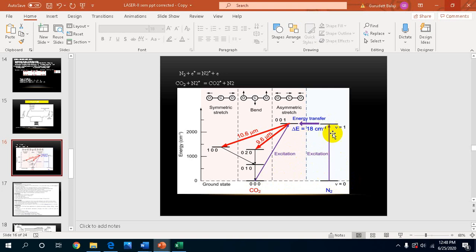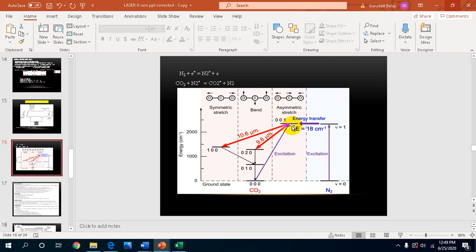This energy level, which is the metastable state for the nitrogen, corresponds to one of the vibrational rotational levels of CO2 molecules, which is designated as level 4. Collision with N2 molecules raises the CO2 molecules to level 4. This is the collision of second kind, which we can also call indirect collision, represented by the equation CO2 plus N2* gives rise to CO2* plus N2.